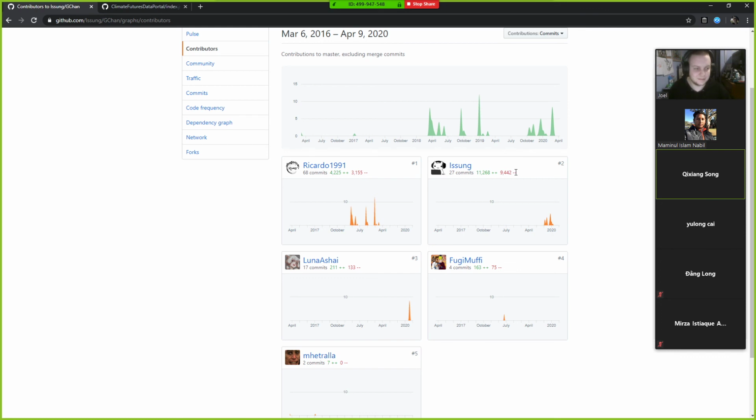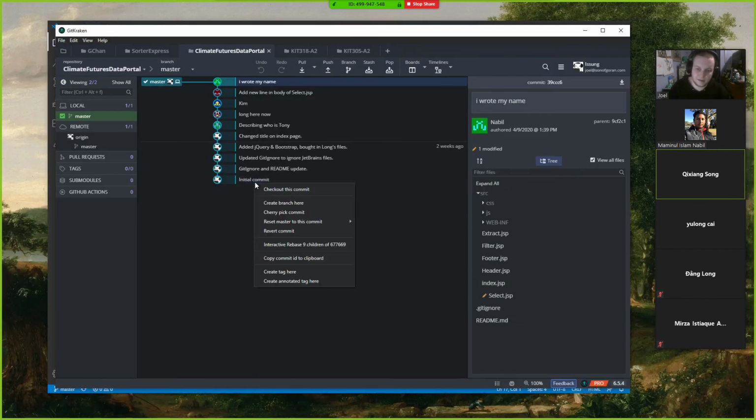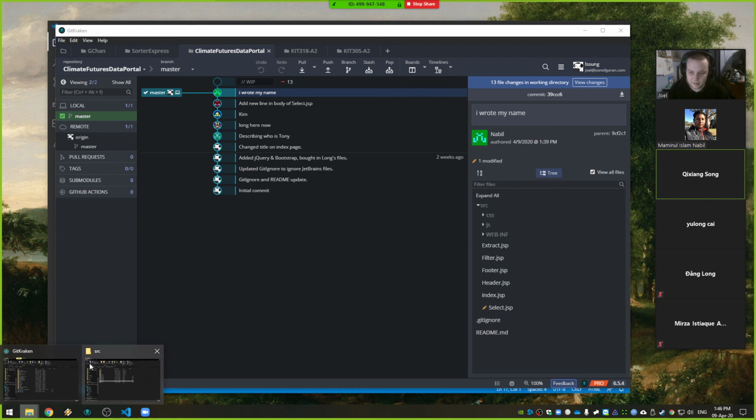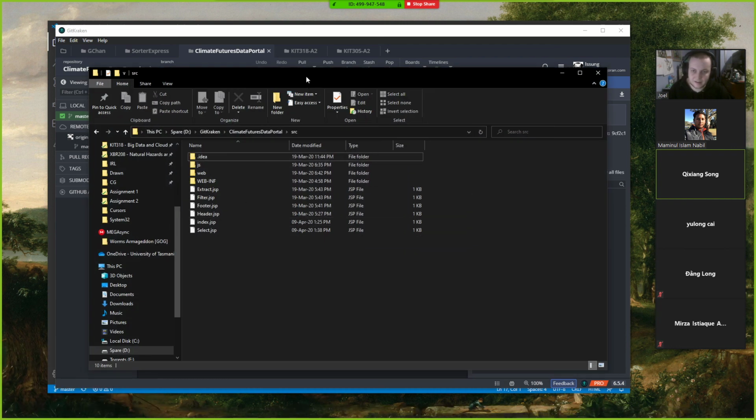So it will have a backup for everything you change. Yep, so every single file, every single version of that file, it gets backed up on GitHub. So I can go into GitKraken right now, and I can check out this commit. And it's going to give me a little error there, but don't worry about that. And it takes me,